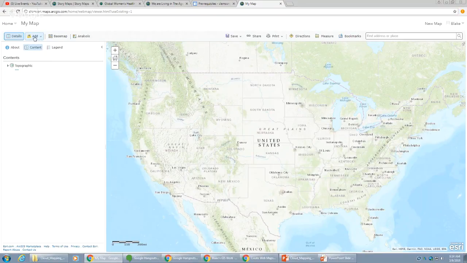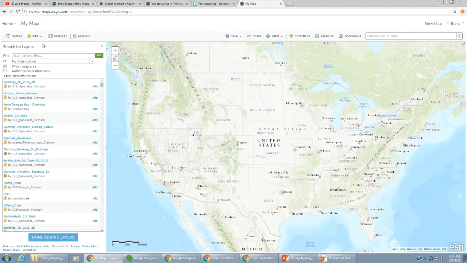Let's add some data. So let's click this Add button in the upper left corner. It's prompting you for where you want to add data from. So let's search for layers. Within the search window, we can give it keywords in this find bar. And then this in drop down, this is where you tell it where to look. So the default is to look in my organization. So here we can search through data sets that have been shared by people here at Clemson University. If we click that drop down,